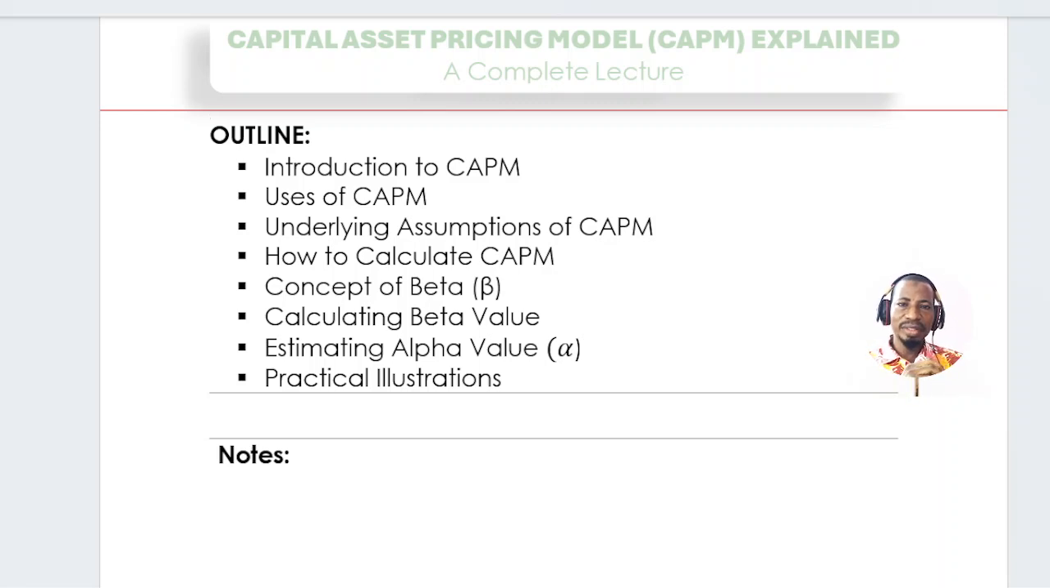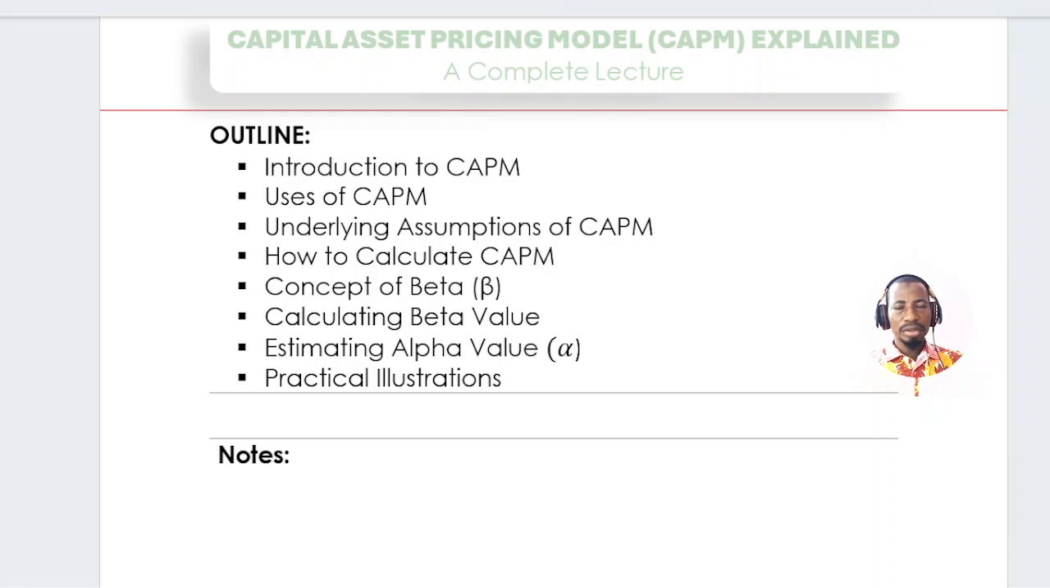Good day, everyone. In today's class, we are going to be discussing the concept of the capital asset pricing model, a practical and very interesting topic in strategic financial management or corporate finance. The capital asset pricing model is a continuation of portfolio theory, and in today's class, we are going to be dissecting